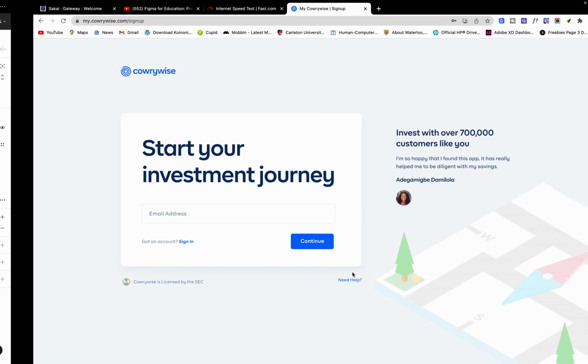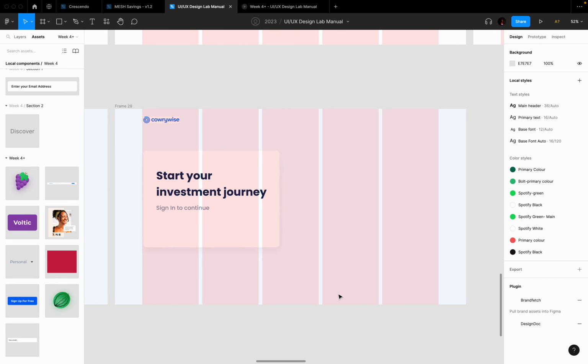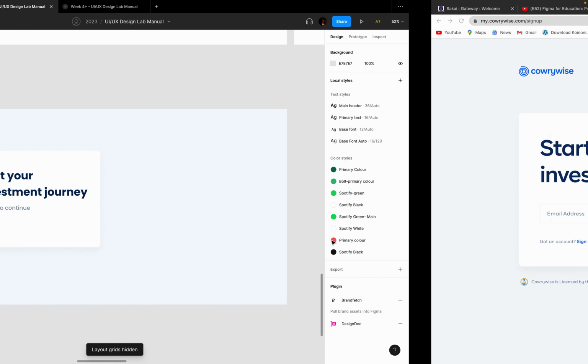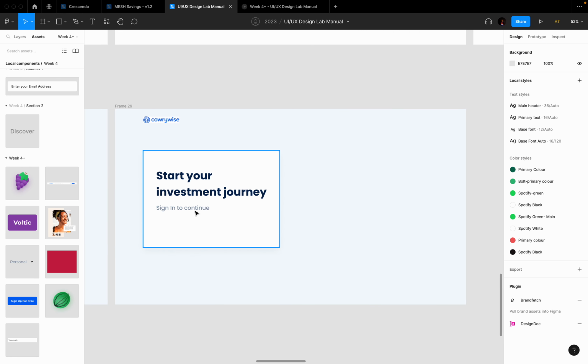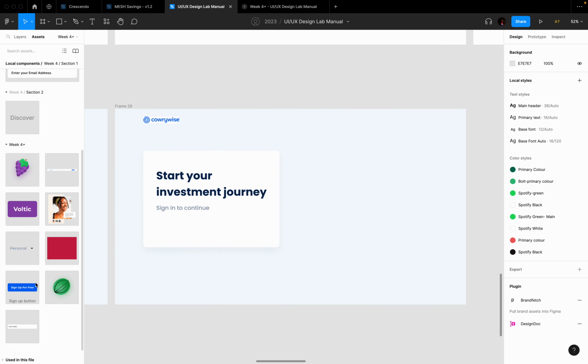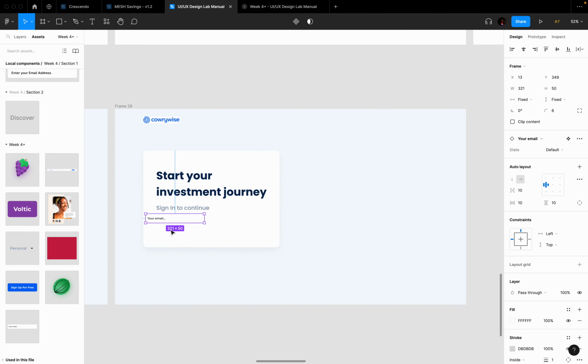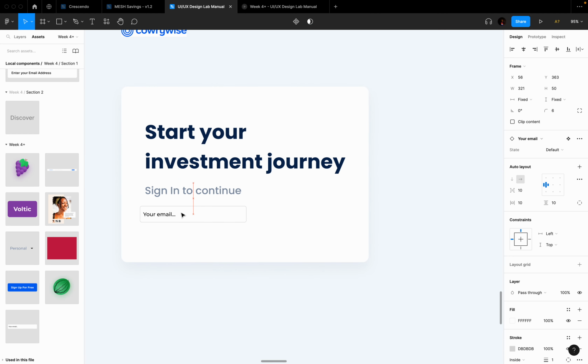Sweet. And yeah, email address. So I mean, you get a picture, right? You can download these assets if you want, if you want to replicate this screen. Now email address, I don't have to stress. I just come here, I drag my email address here, and just increase the size,